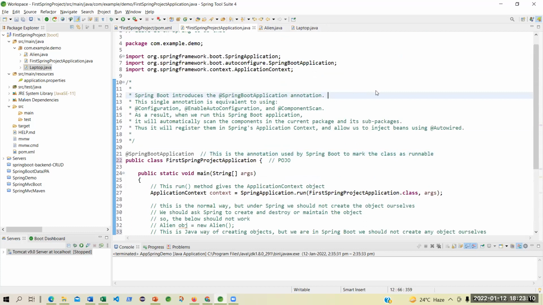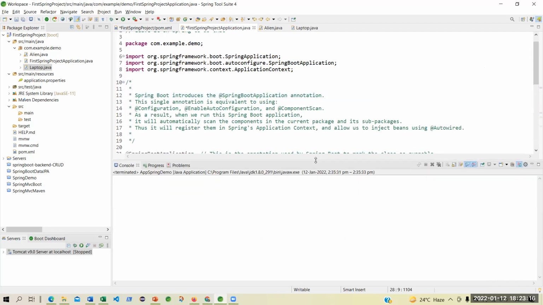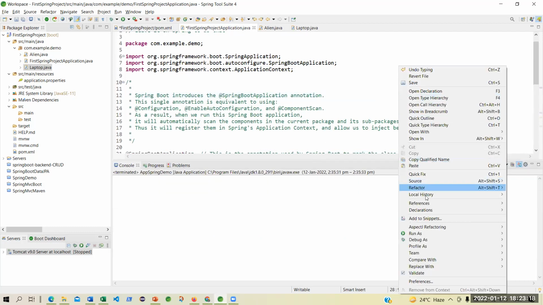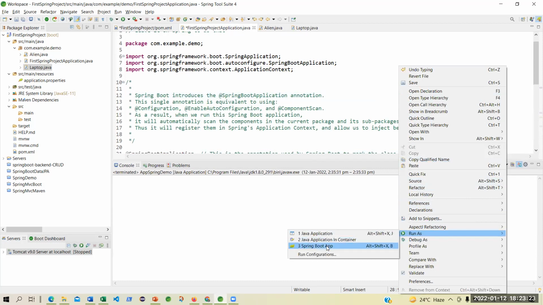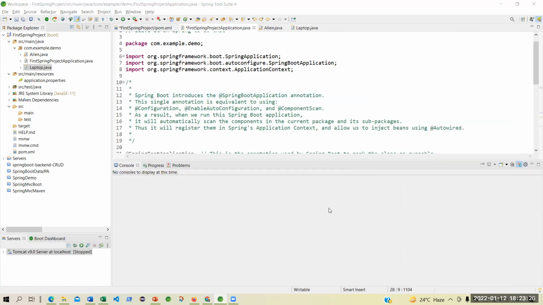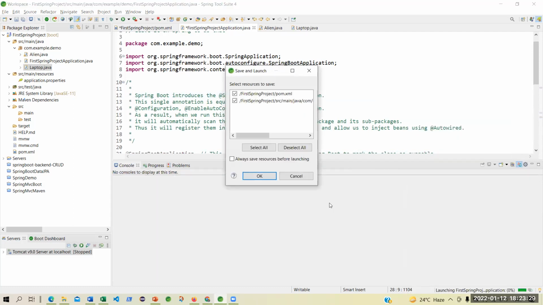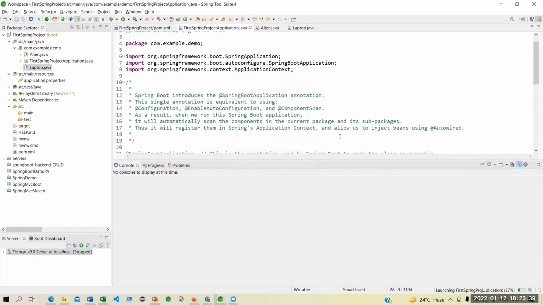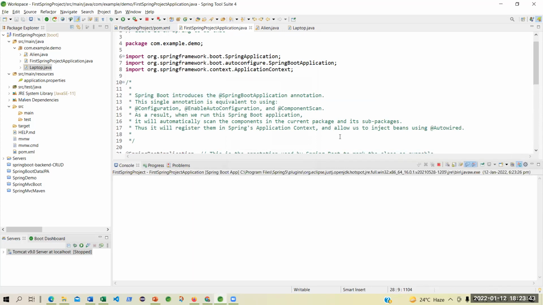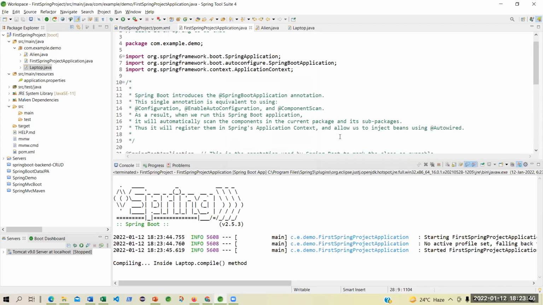So can I run this and see what is happening? I will run this as a Spring Boot app. Do you see one thing?